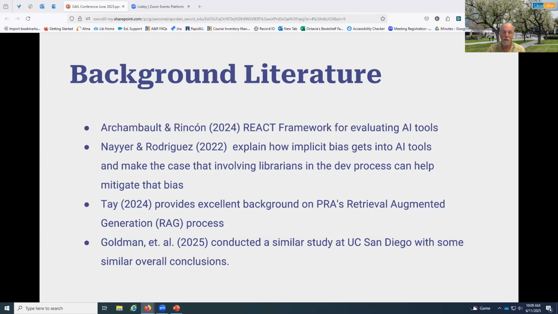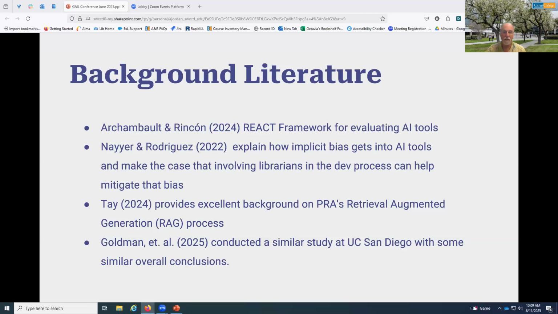Tay's blog post provides an excellent background on PRA generally, as well as going into some detail about its use of retrieval augmented generation. Here we are introduced to the mechanics of how PRA works, which I summarized basically in the previous slide.